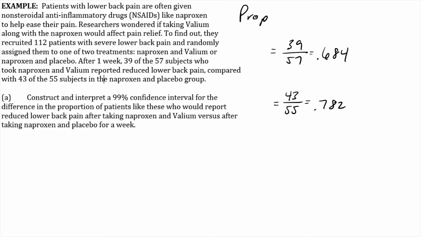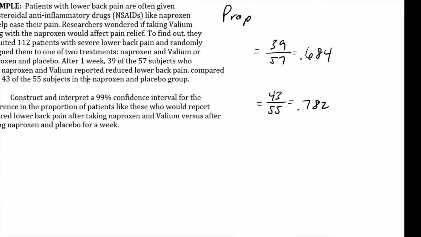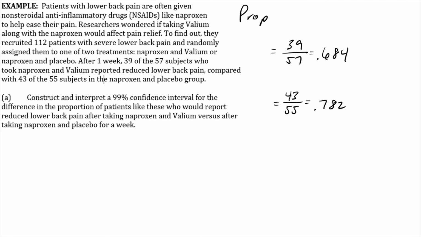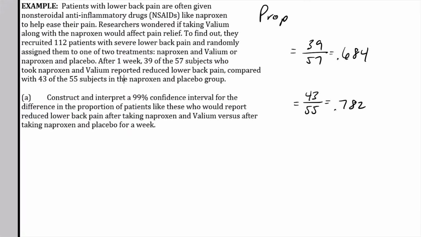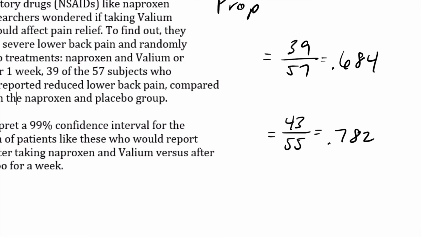All right, so what do I label each of them? Okay, we could do that. We could absolutely do that. That would work. If you do that, you have to explain what 1 is and what 2 is. So we have to make like a legend or a key. How do we get around that? Well, make it a little more obvious. So instead of p hat 1 and p hat 2,